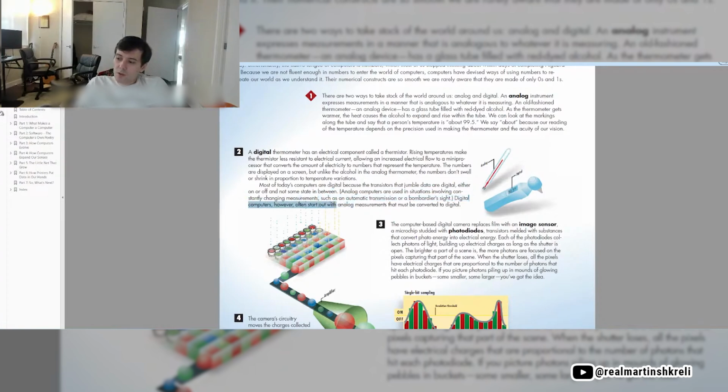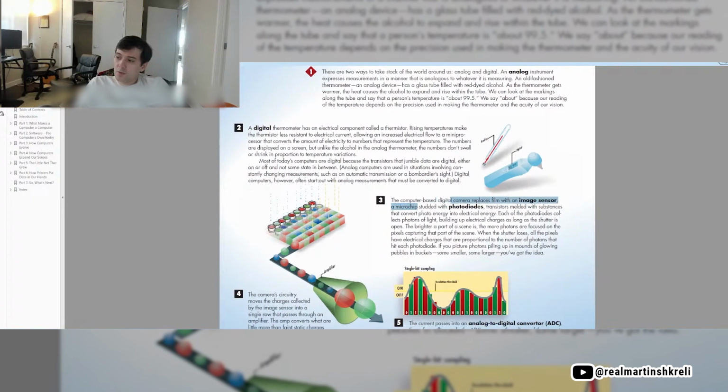Digital computers, however, often start off with analog measurements that must be converted to digital. A computer-based digital camera replaces film with an image sensor, a microchip studded with photodiodes, which are transistors melded with substances that convert photoenergy into electrical energy. Each of the photodiodes collects photons of light, building up electrical charges as long as the shutter is open. The brighter a part of a scene, the more photons are focused on pixels capturing that part of the scene. When the shutter closes, all of the pixels have electrical charges that are proportional to the number of photons that